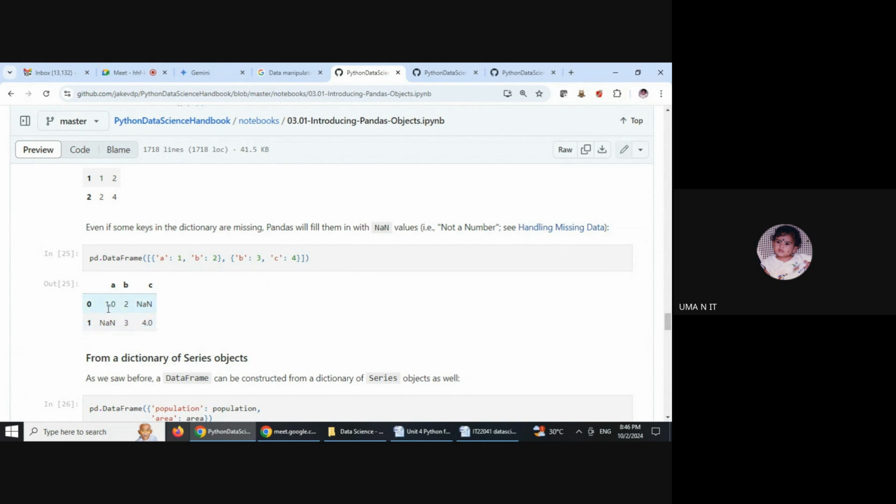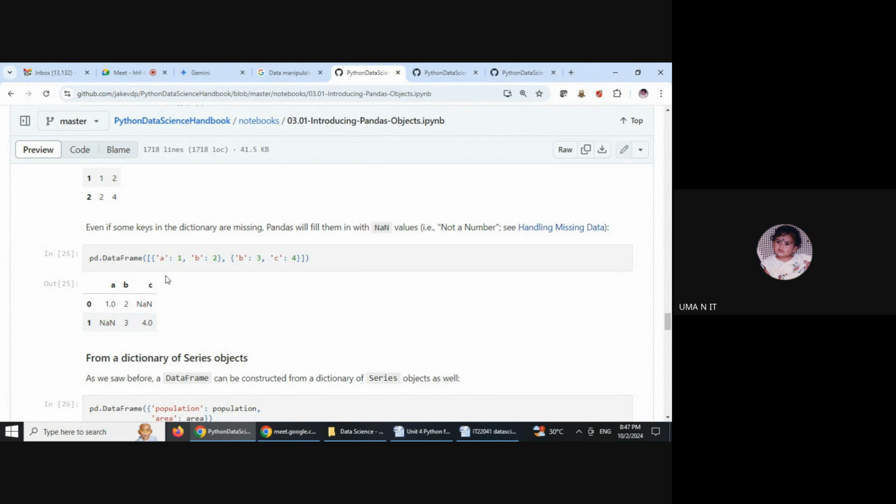So while creating this data frame, it takes the first dictionary's keys and the second dictionary's keys. The union of the first and second dictionary keys is a, b, c. So for b, it takes 2 from the first dictionary and 3 from the second dictionary.